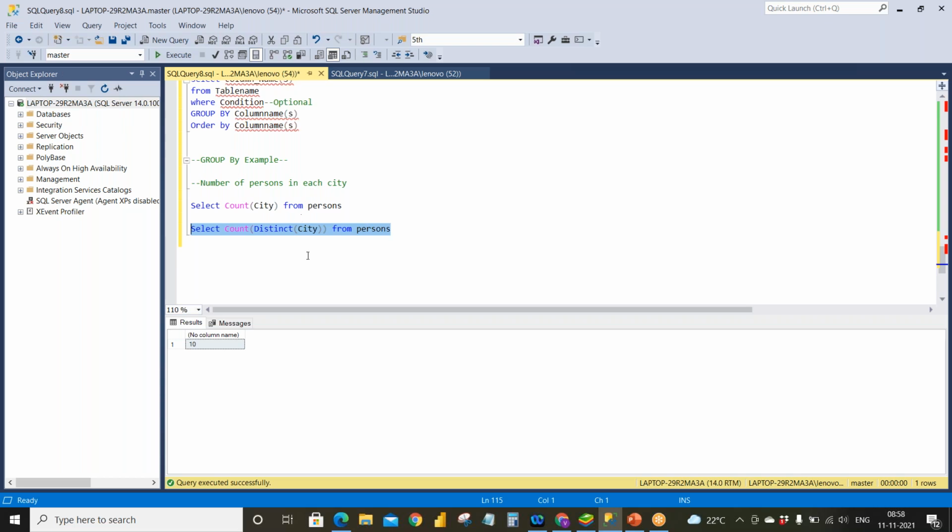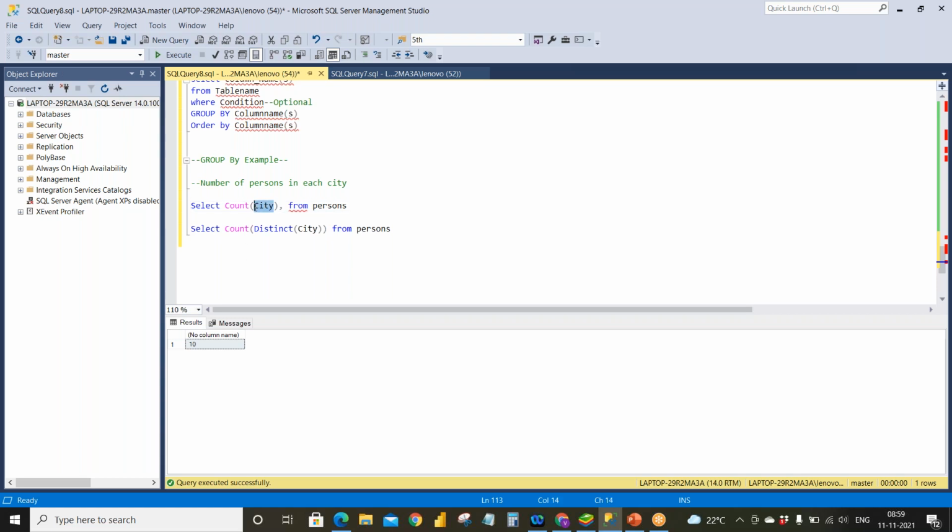In that case you can use GROUP BY. I want the count of persons, not the count of the city.